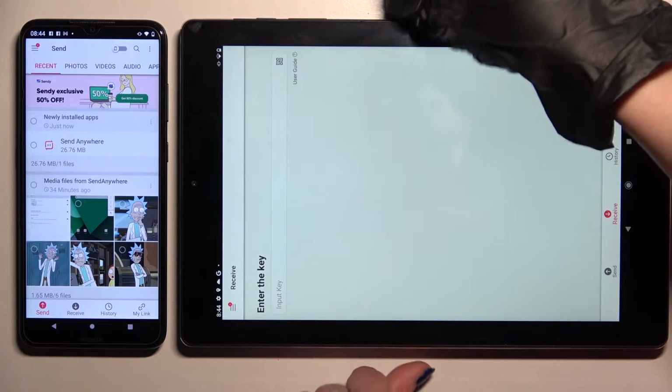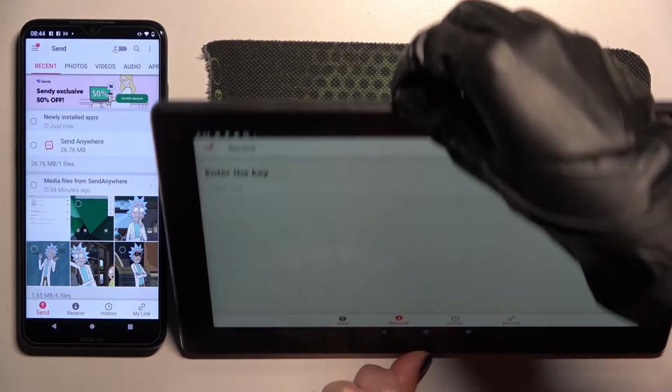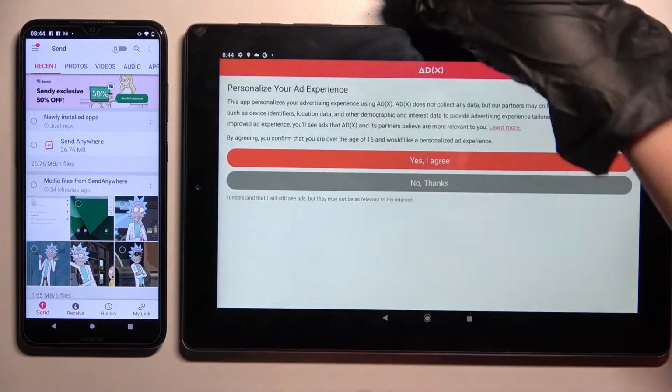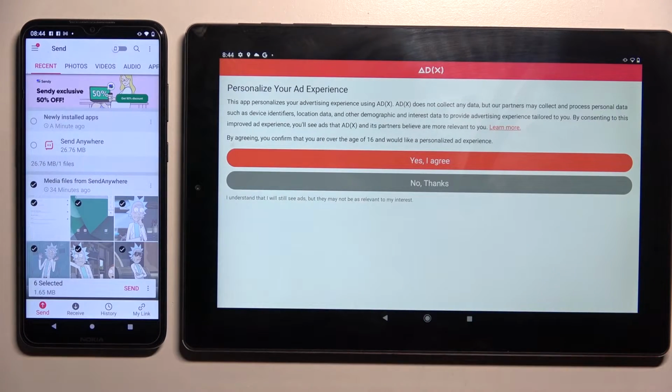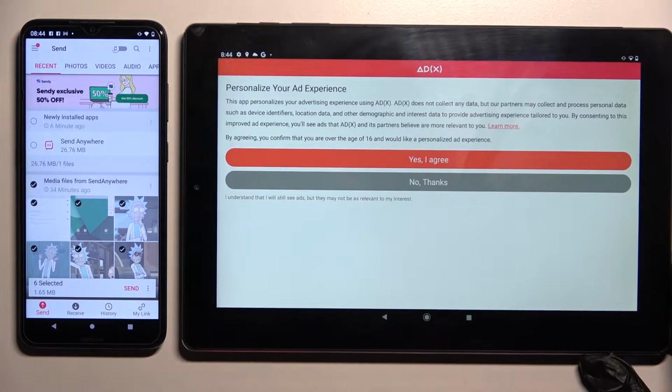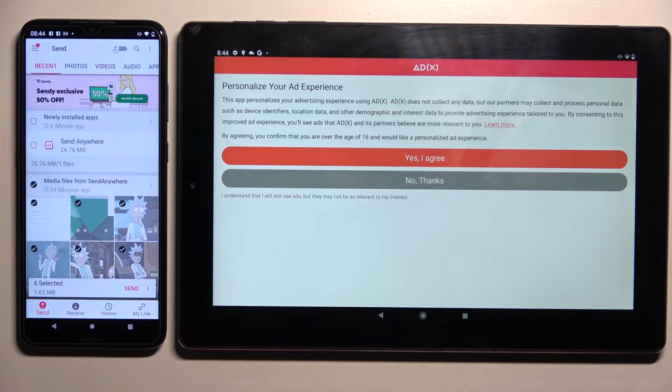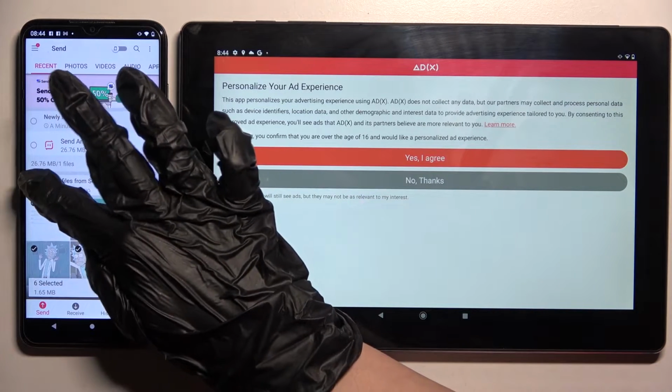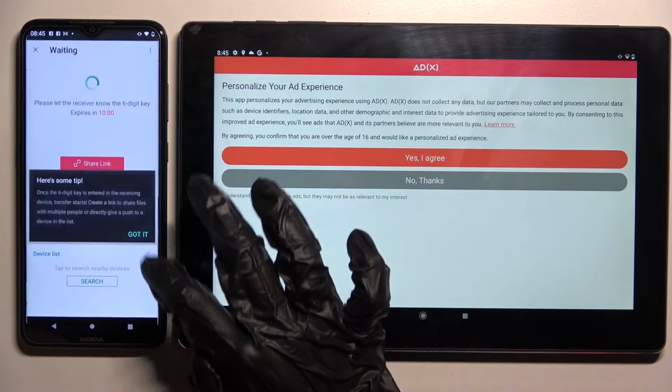I just need to rotate it real quick, and after that you need to click on all of those dots on Nokia smartphone and select Send. This way you can choose all of your files and transfer them later on. It will take a long time though, so I will go with only one photo, choose Send and tap on